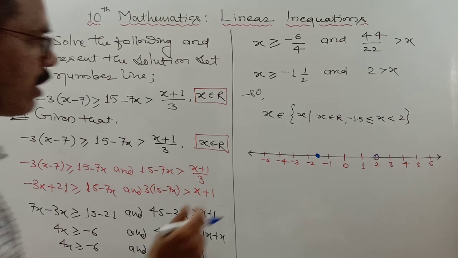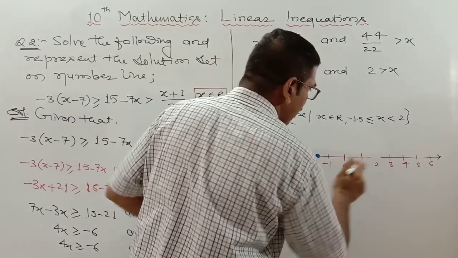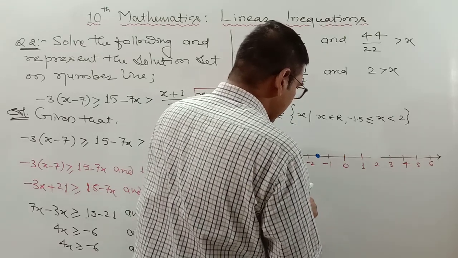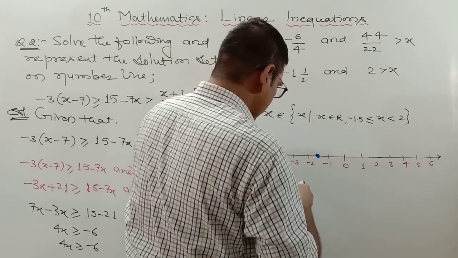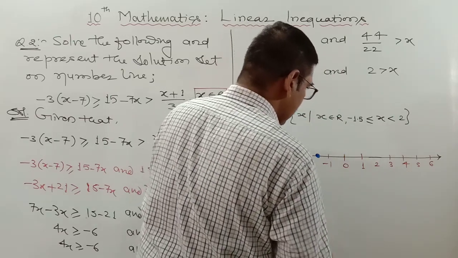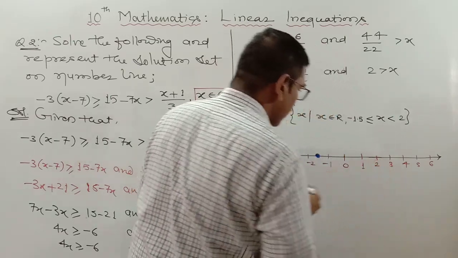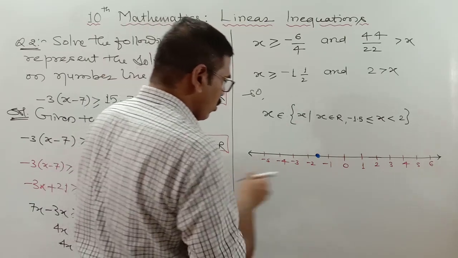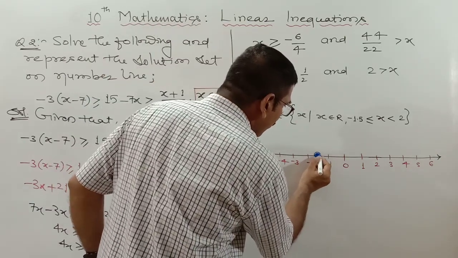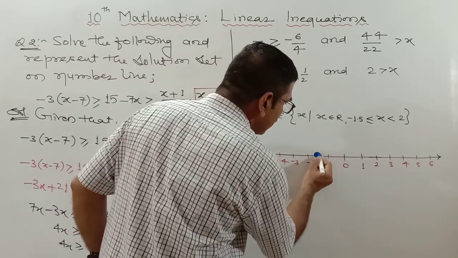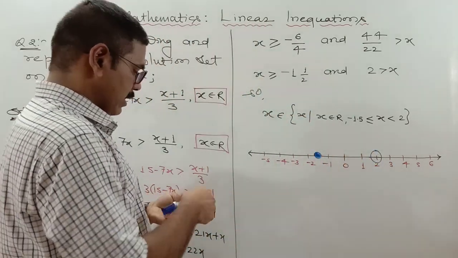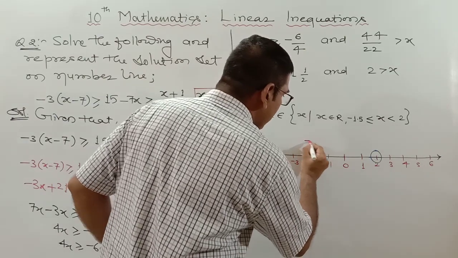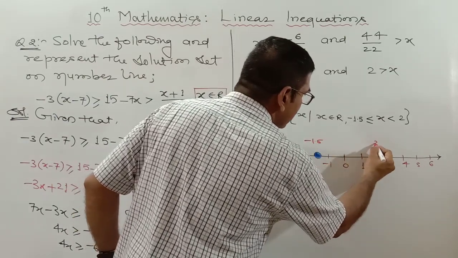I think you can see it, but let me make it a bit bigger, okay? Please try to understand that. Here it was 2, right? So it is that dot of minus 1.5. I think it is visible now, and it is the dot of 2. Okay, this is minus 1.5 and this is 2.